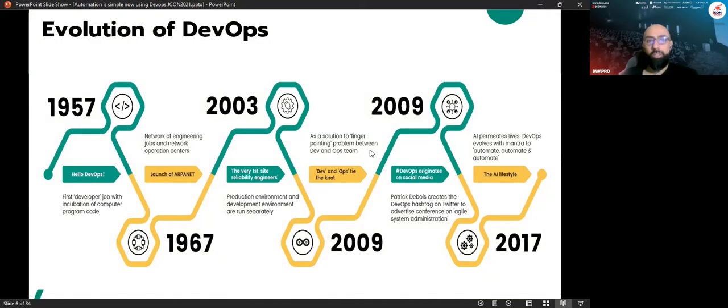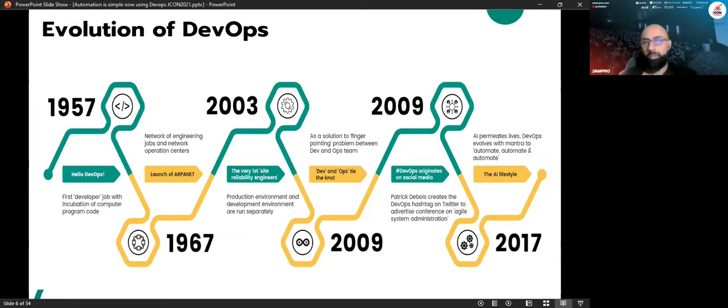The evolution of DevOps goes back to 1955. It's not a new concept, but as I mentioned, it has been trending in the last 10 years. DevOps was created by a group of people who generated this concept. The first live conference was, I think, in 2003 in France or Switzerland.